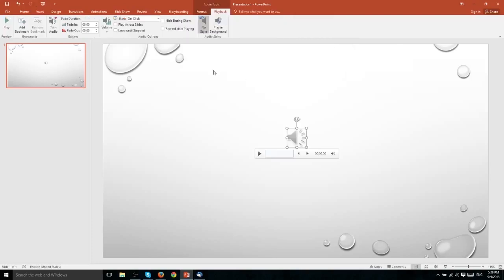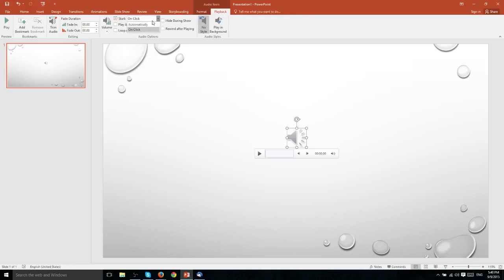If you do include any audio files, you're given a wide variety of different options here, such as the ability to add a specific bookmark at a point in the clip that you can easily jump to just by clicking, the ability to trim audio if you don't want to be playing the entire length of the clip, only a certain portion, to add a fade in or fade out effect where the audio will gradually get louder or lower at the start or end of your video, controlling the volume setting, and perhaps most importantly, the settings for determining